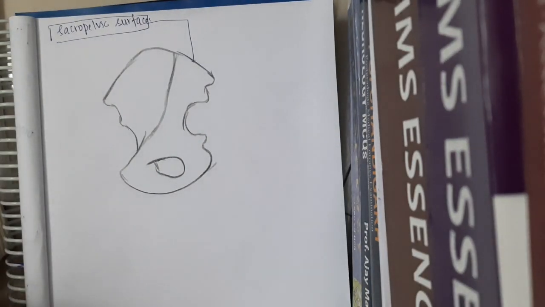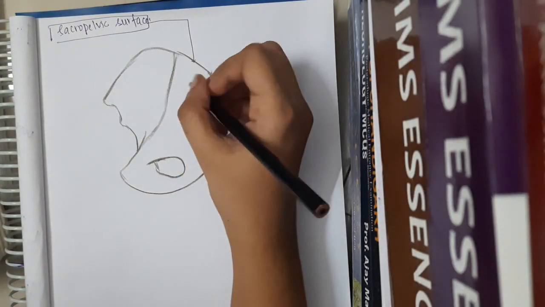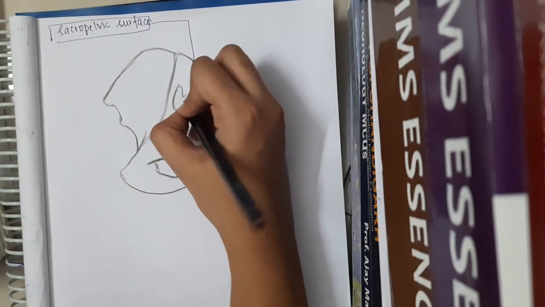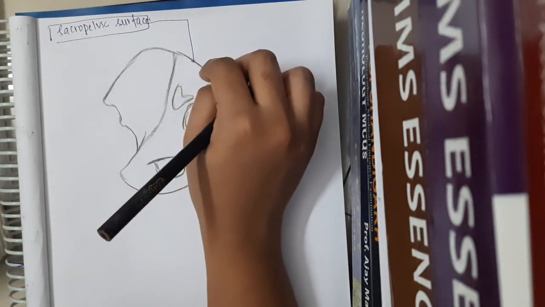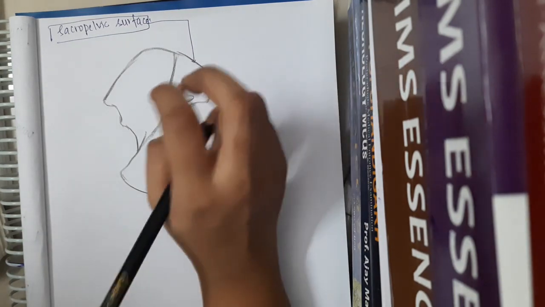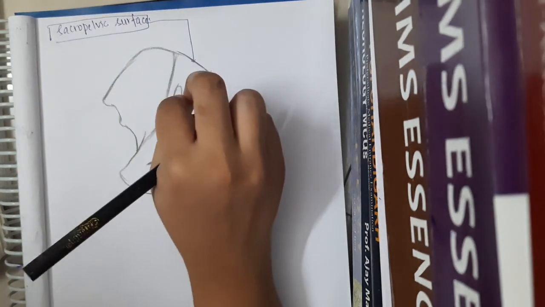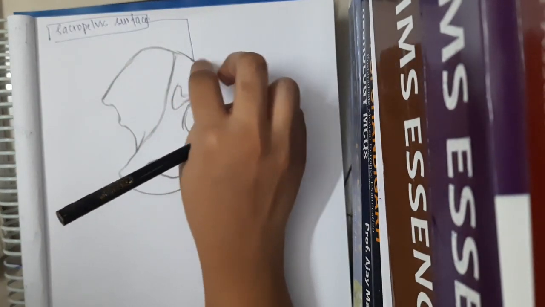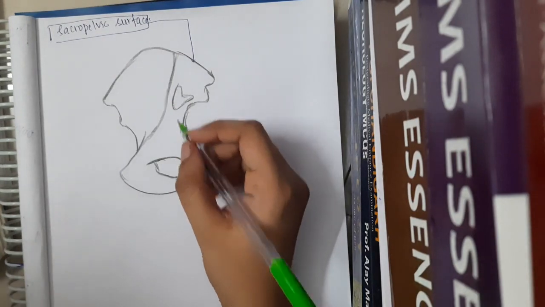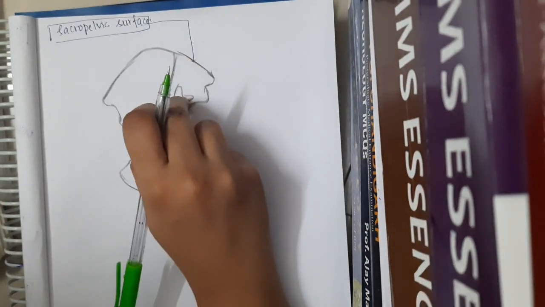In the sacropelvic surface you will see two main things. One is the articular surface. Then in front of the articular surface, it mainly has two things. One is the articular surface in front, and there is the tuberosity of ilium behind. So this is the tuberosity of ilium, and this is the articular surface.